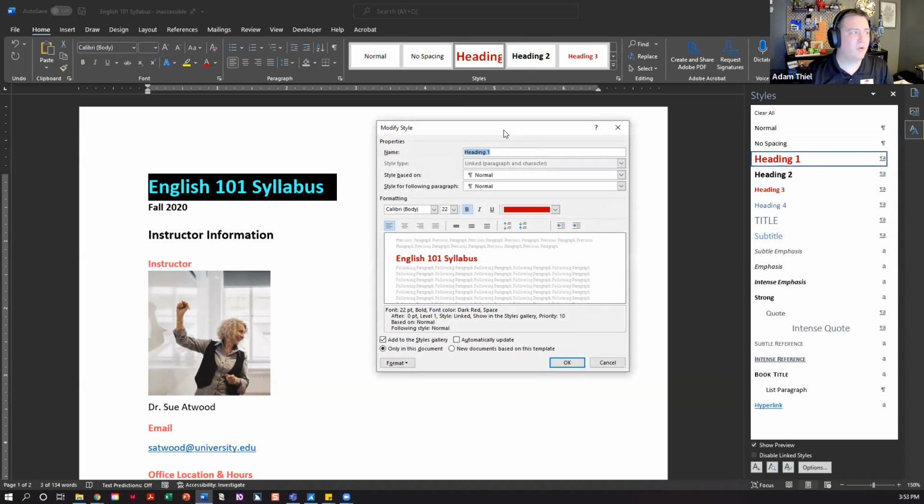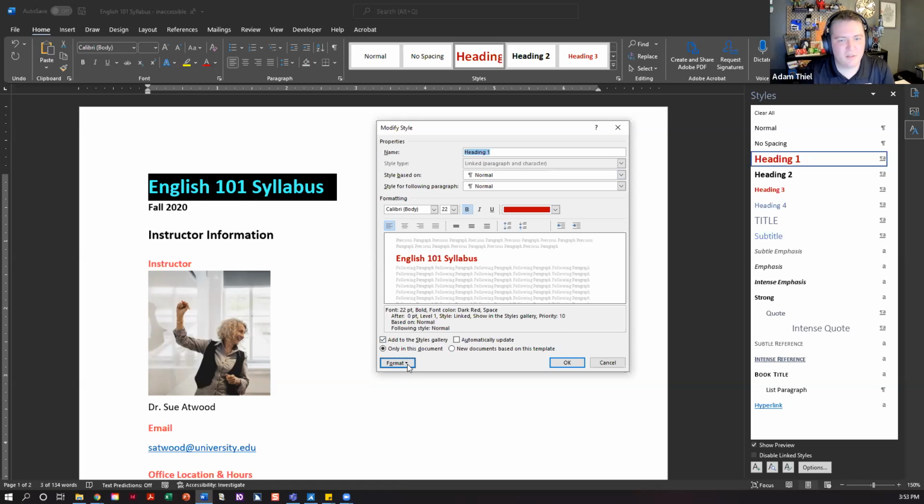And now it brings me up a whole bunch of options that I can set for that heading level. And so it's got all the same options that you have up here under the font and the paragraph. But again, you can just set it once and not have to remember. That's my thing, I can't ever remember what I put on the last heading level. I have to go look at it, and then it's a whole bunch of back and forth making sure that you have it right. But with this, you can make sure that they're all identical throughout your whole document.